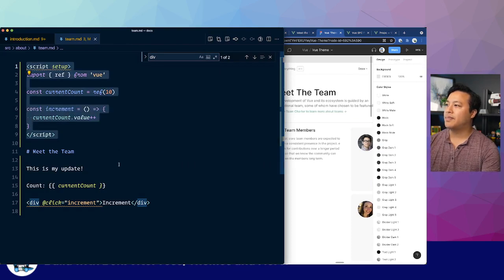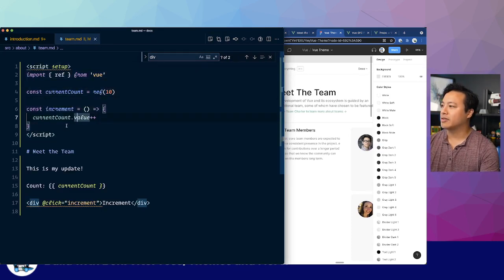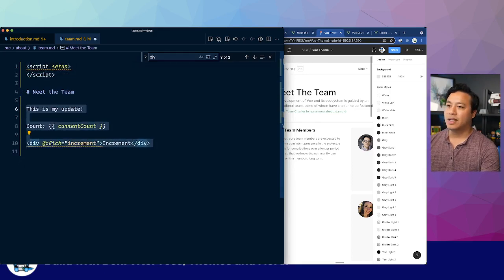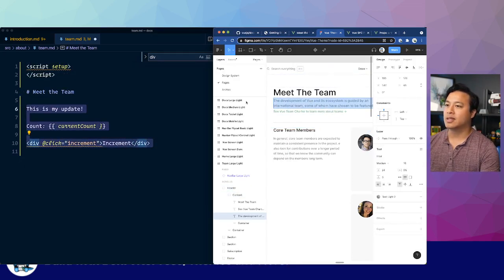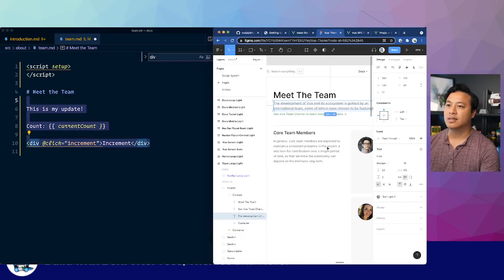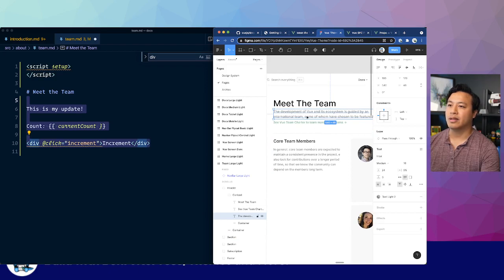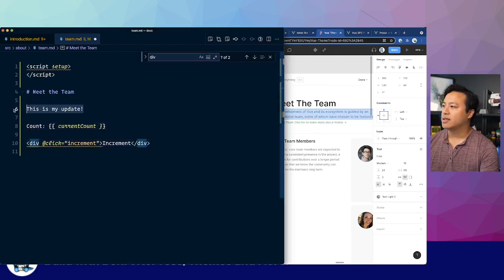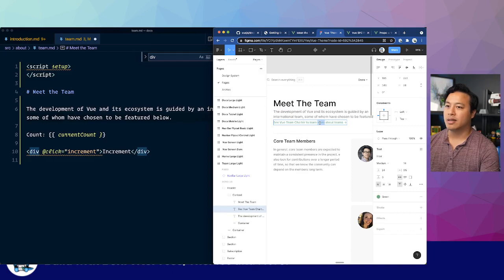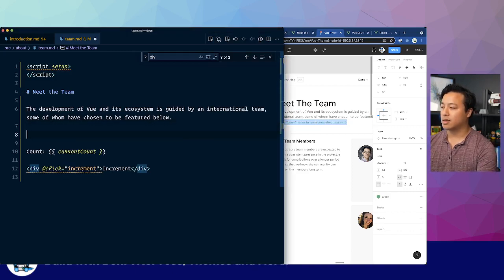Okay, so let's just start with content. I am going to need that script block, so I'm just going to leave it alone for this part. But let's go ahead and take over some of this. Actually, I realized this is from here. Yeah, that's fine. So if I drop this here, and then I need this link,